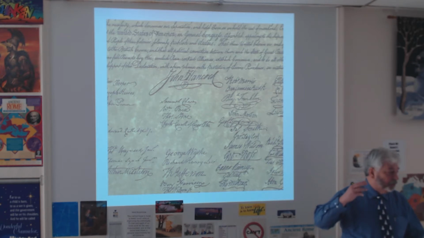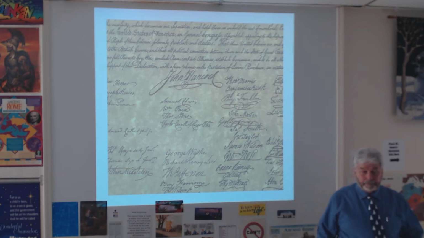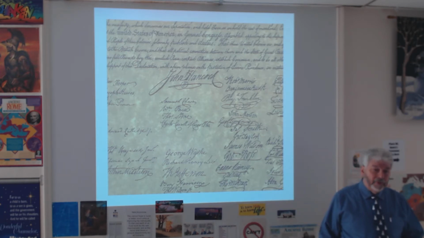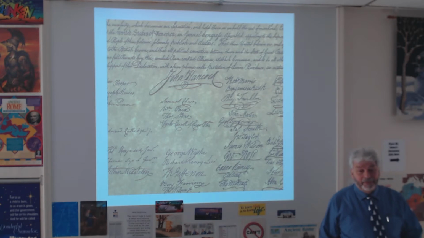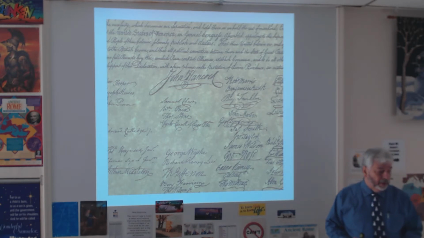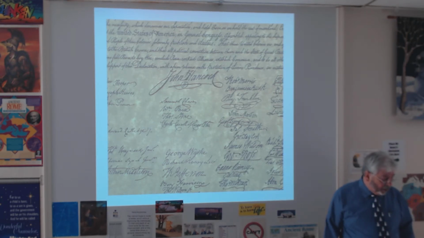Some of them saw their total fortune go down to nothing. They endured a lot. Some of them died during the war. Some of them were captured. These men were willing to sacrifice everything, and many of them did. It's an interesting story to go through many of the men who were the signers of the Declaration. All right, well,